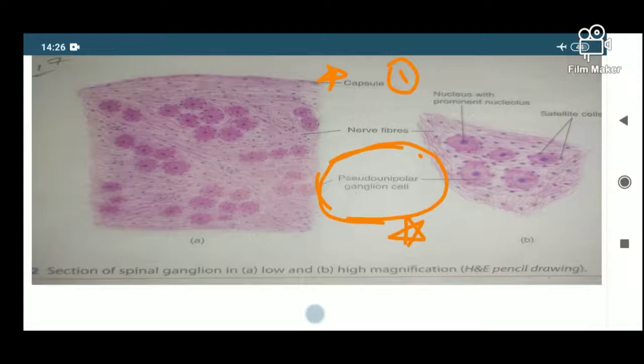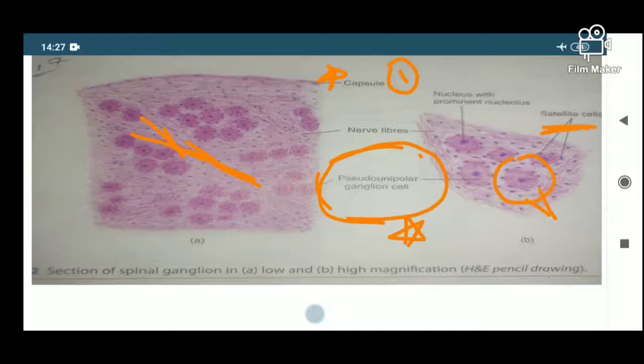I previously said ganglion is a group of cell bodies. So in spinal ganglion there is this group of pseudo unipolar neurons. You should remember this point. And nerve fibers, you can see here, there are many nerve fibers passing like this. So the nerve fibers also pass through them. That is the third point. And each cell body is surrounded by a single layer of flat cells. You can see here the bluish ones, which we can draw with hematoxylin pencil. The dots you can see around the cell body, the flat cells, are called satellite cells.